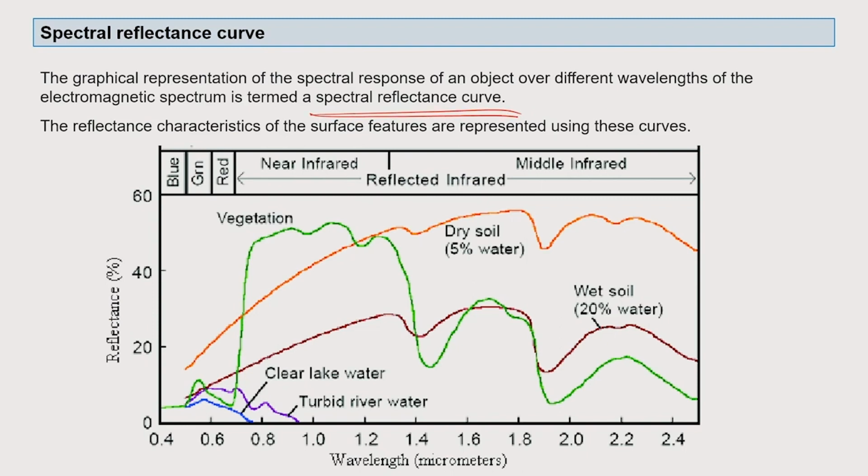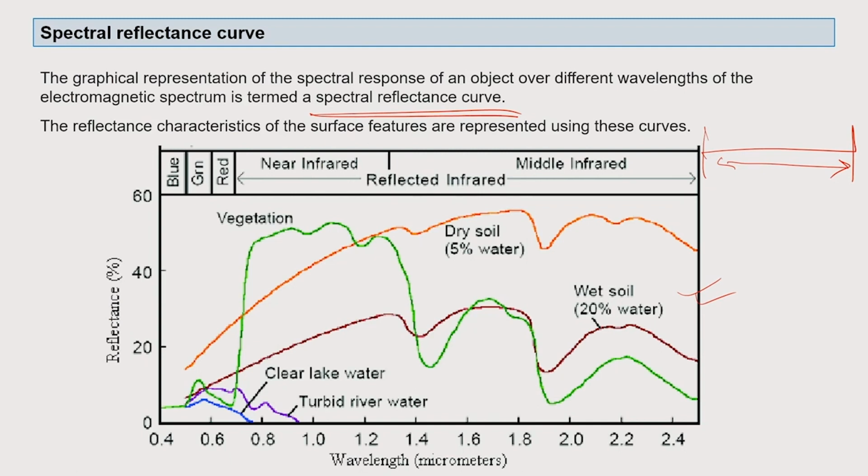I repeat once again, the graphical representation, as you see here, of the spectral response of an object, suppose a plant, and from the satellite you are getting the signal from the plant surface. So, the spectral response of an object over the different wavelengths of the electromagnetic spectrum. You remember we discussed the entire spectrum of electromagnetic waves, and then those wavelengths of the electromagnetic spectrum,